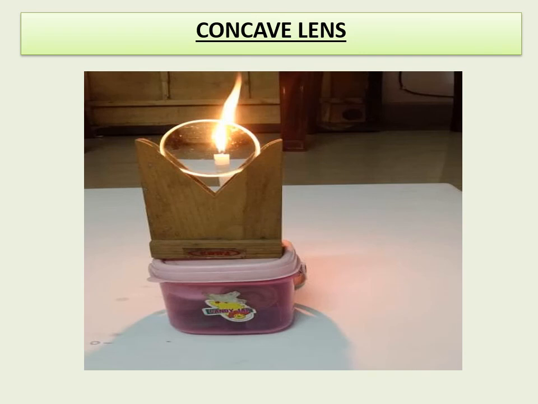Here, the first condition is I have kept my object, here my object is a candle, anywhere between the optical center and infinity at some distance. Whatever the position of the image, I am not discussing it; I am talking about the size of the image. The size of the image is diminished here, and while you are seeing through the lens, it indicates it is virtual and erect. So you are seeing the same candle as it is, not an inverted image. So this is the first condition through the concave lens.